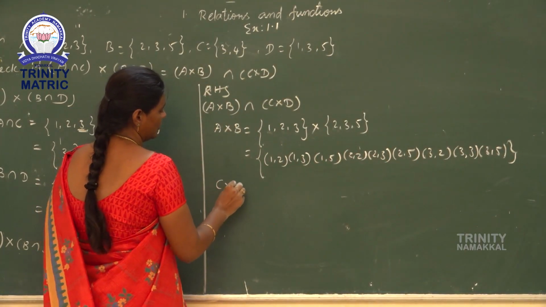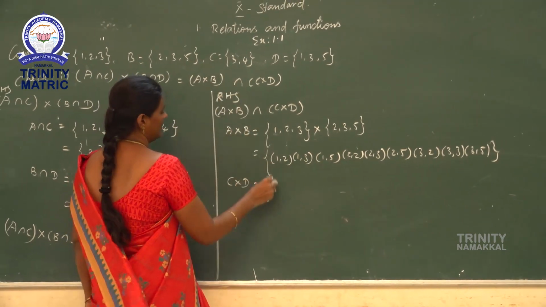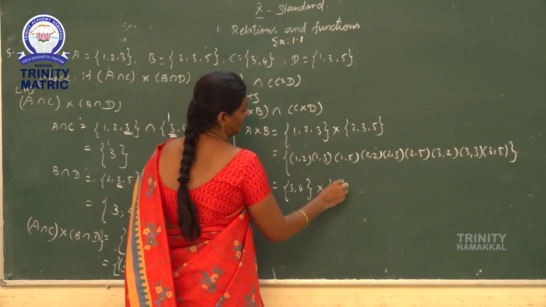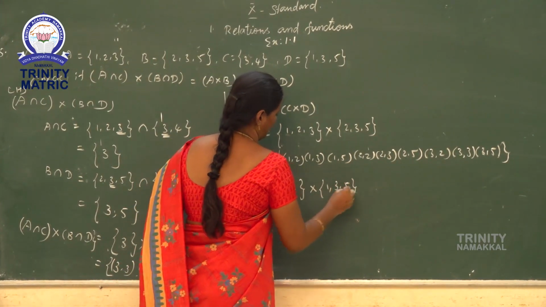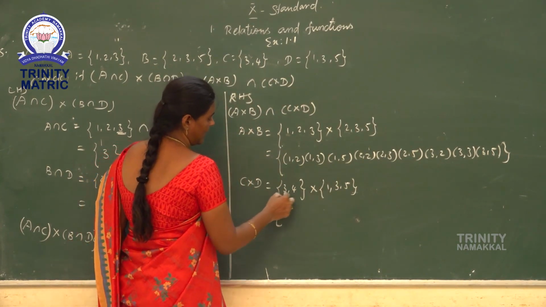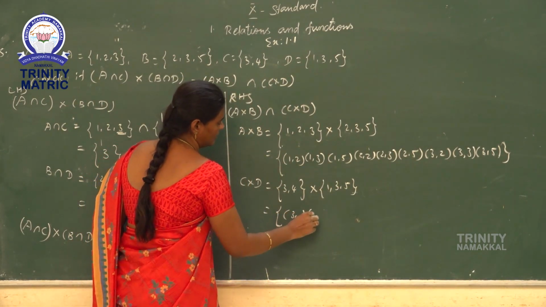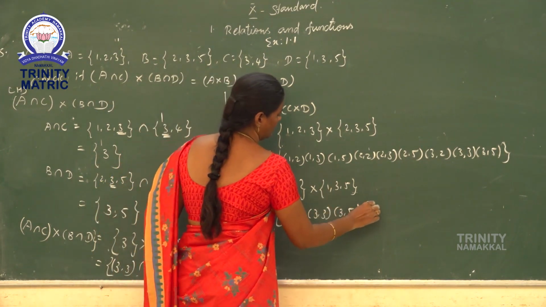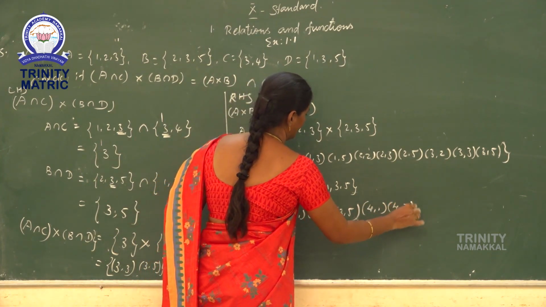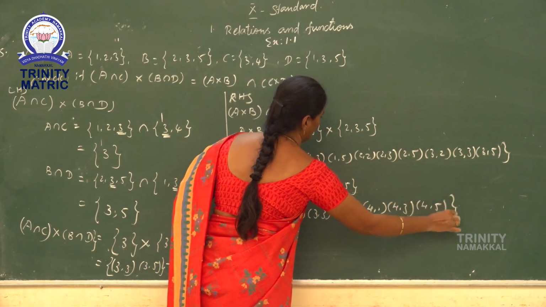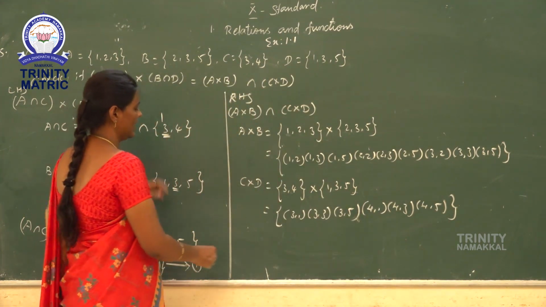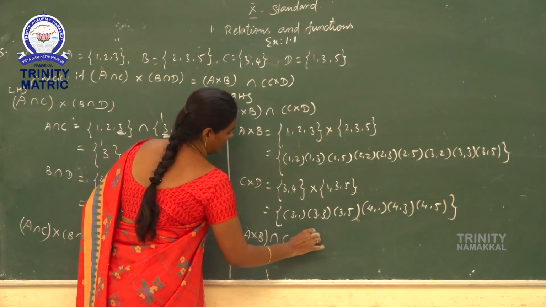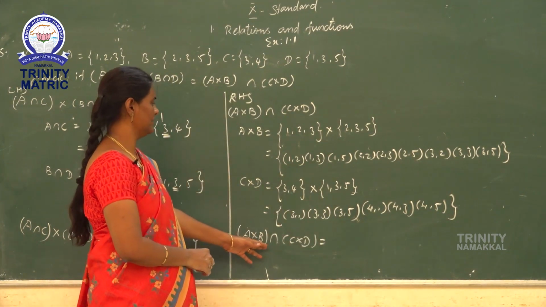Next we find C cross D. What is the set C? {3, 4}. The set D is {1, 3, 5}. We write in ordered pairs. First we write (3, 1), (3, 3), (3, 5). Then we take (4, 1), (4, 3), (4, 5). Now we take the intersection of A cross B and C cross D. Intersection means we take only